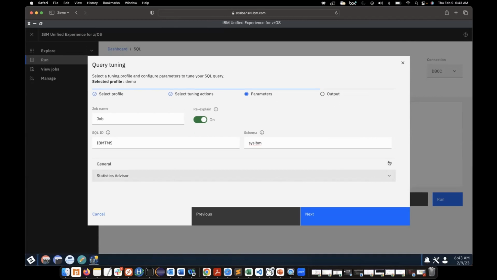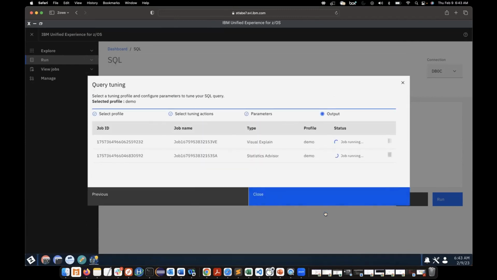But someone who wants to do something with it, they know exactly how they want to run it, still has that opportunity to customize it. When I hit next, what is essentially happening is the UI called UMS. UMS is making a call to tuning services to trigger the execution of Visual Explain and Stats Advice for that query. And once it's ready, we can stay on this page, or if it's a long running